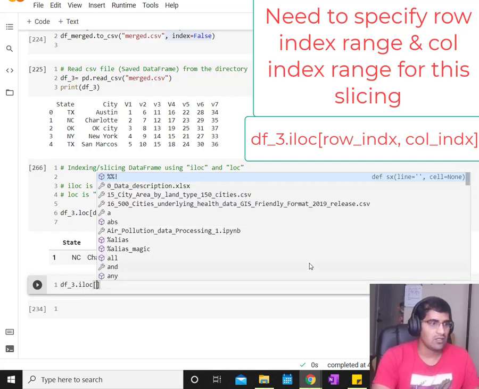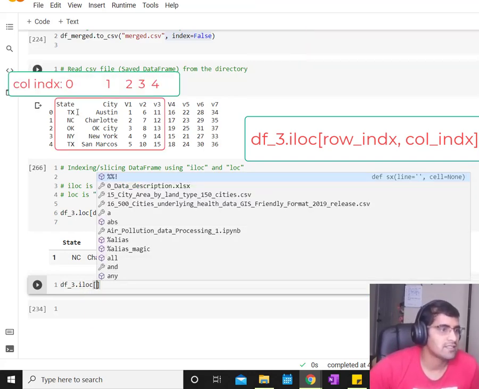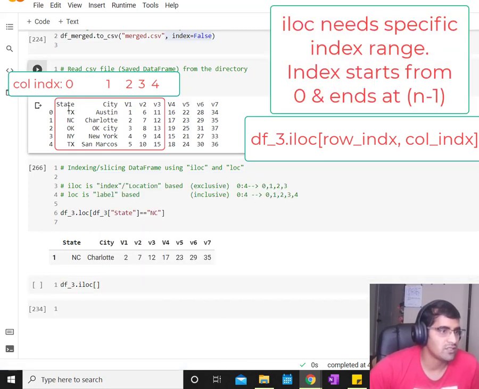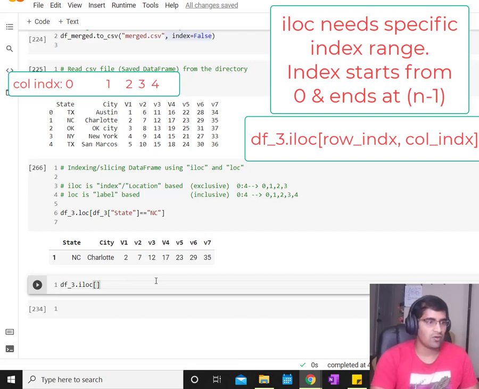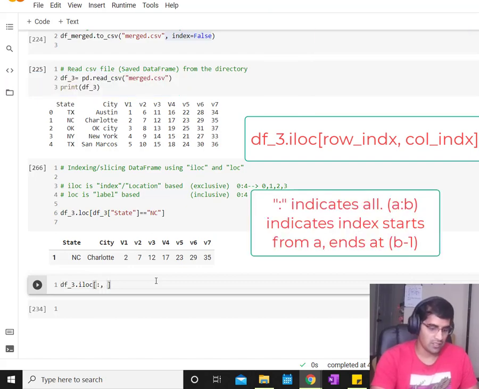Here I would like to slice in this way, right? So this one is 0, 1, 2, 3, 4. So 0 to 4, and then this is 5. So we have to write down 0 to. We would like to get, for example, all rows and only columns from 0 to 5. Then press Ctrl Enter.